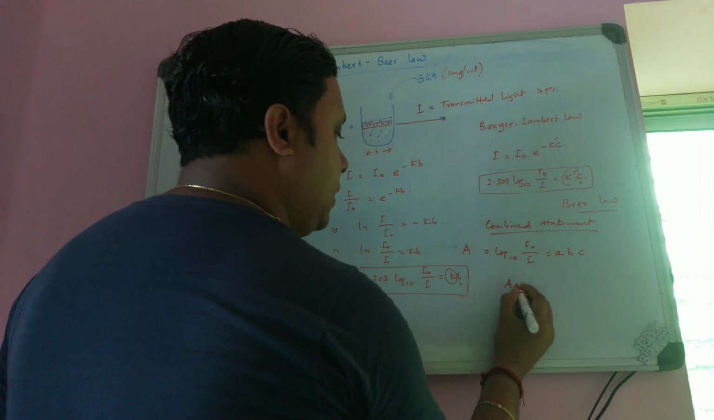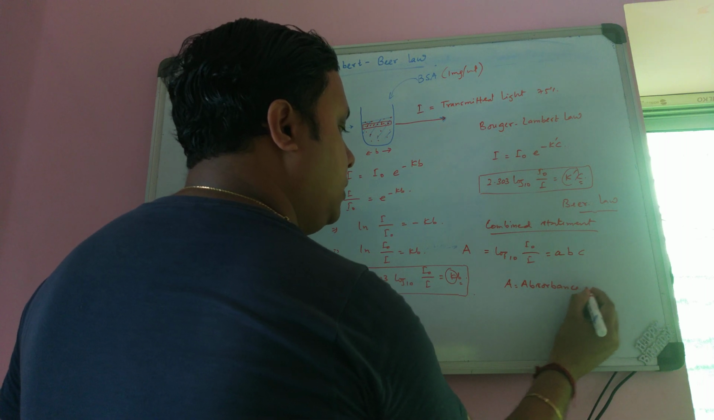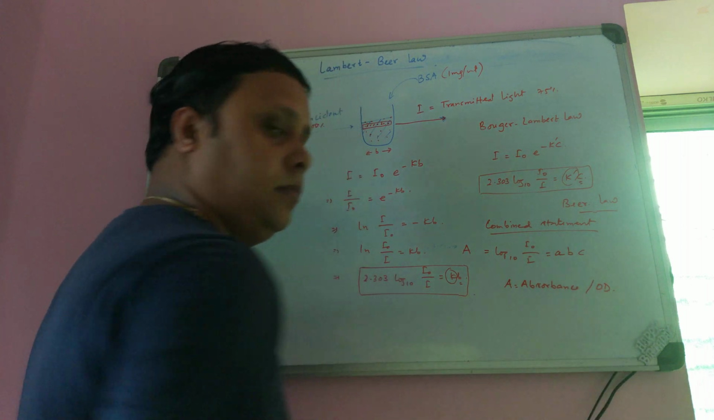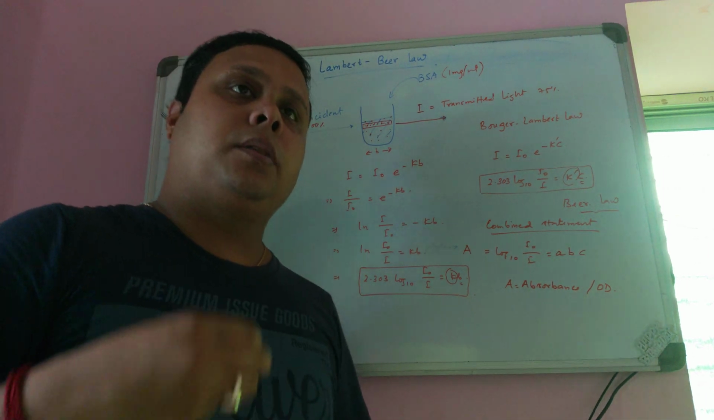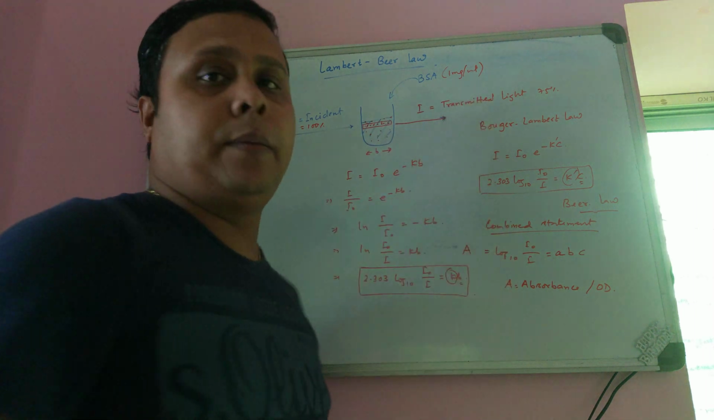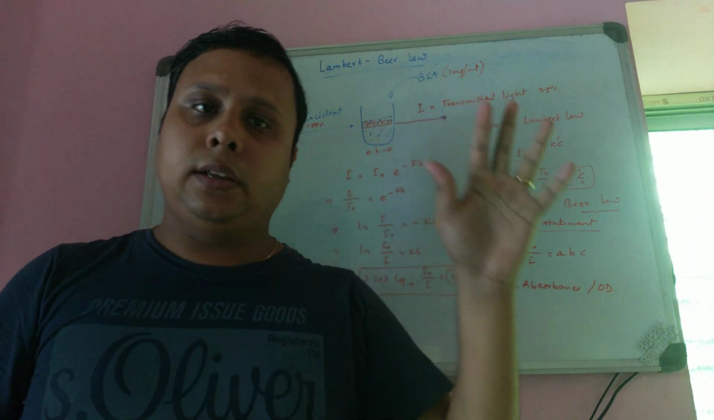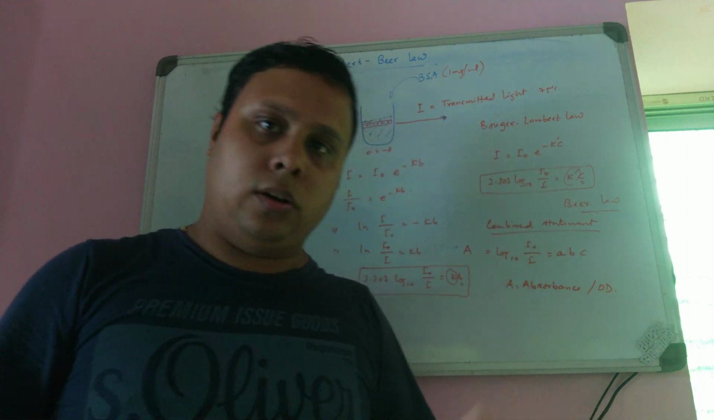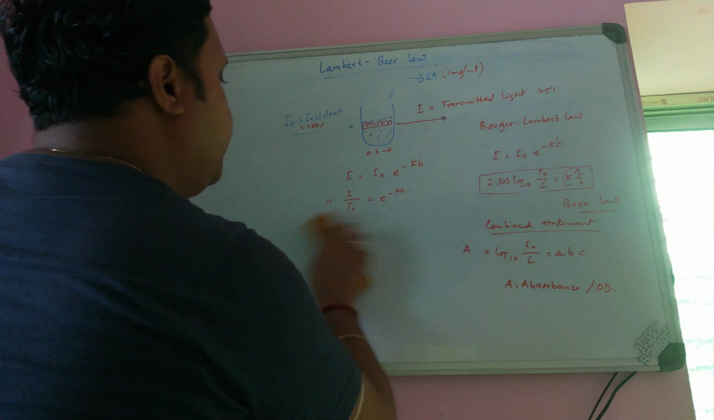Capital A stands for absorbance, or you can say OD. So we are taking OD whenever we are putting some sample in a spectrophotometer and we are transferring light to the sample. We are actually measuring the absorbance or OD. Okay. So the two laws say that according to Bouger's law, we can